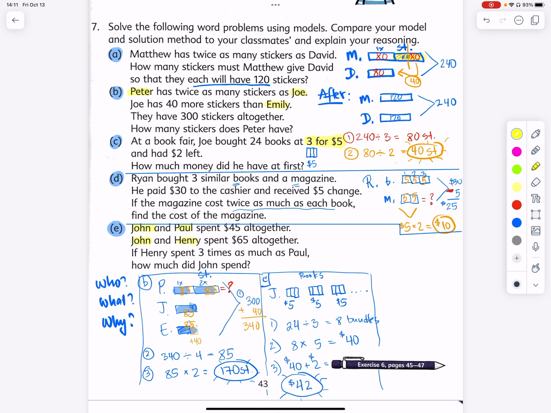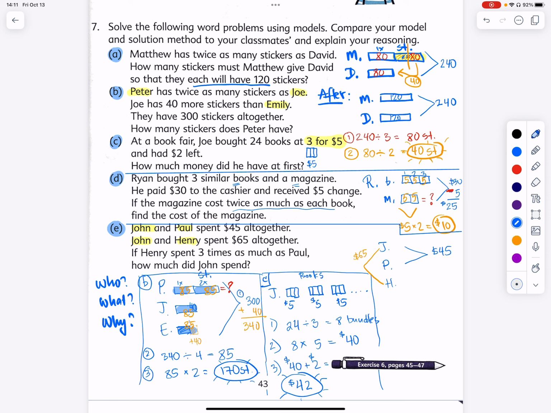Let's write it down. Who is the problem talking about? The 3 W's. John, J for John, P for Paul, H for Henry. And of course, it's talking about their money. Let's make a drawing. John and Paul spent $45. John and Henry spent $65. Okay, $65. Now,